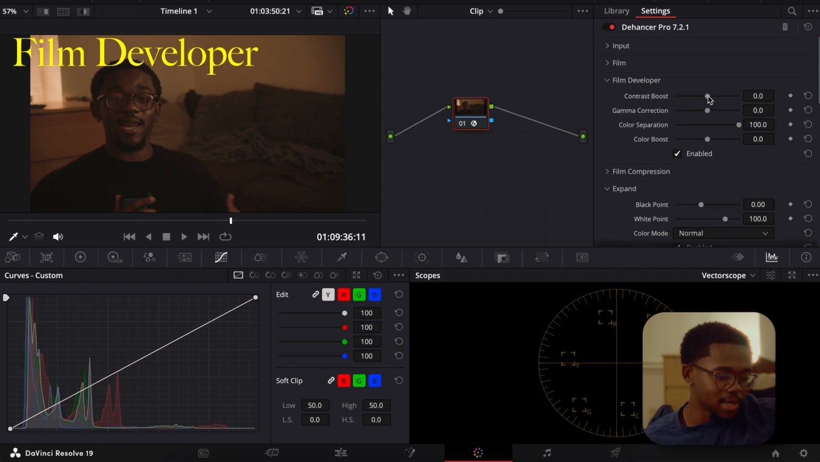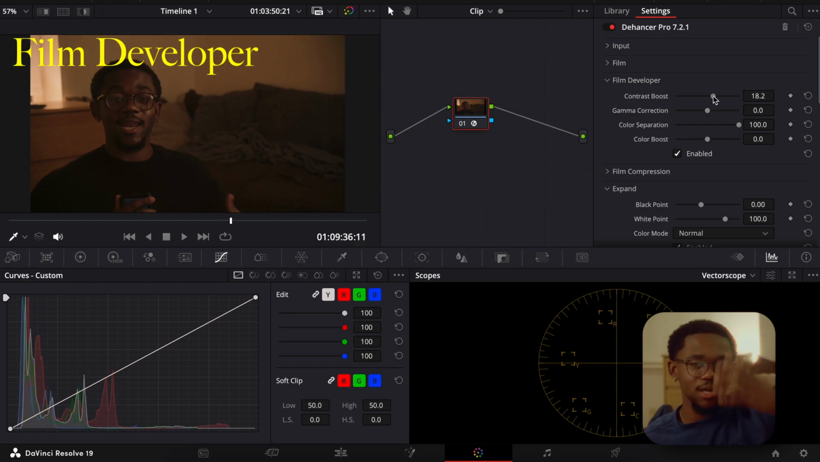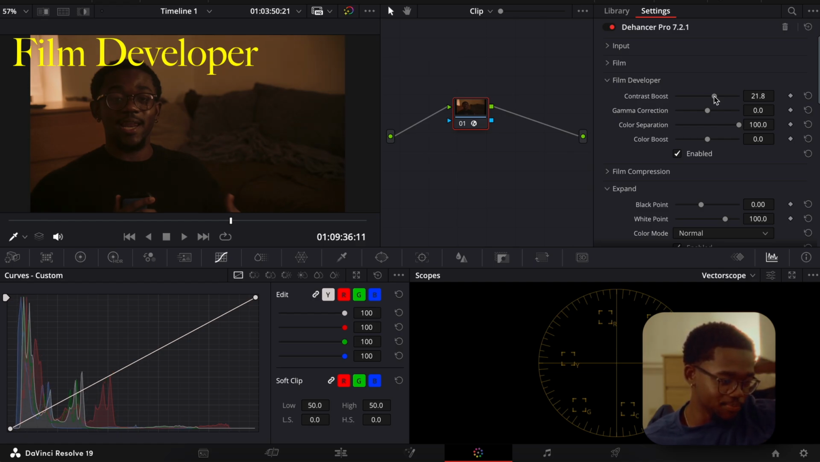So just to adjust my contrast a little bit, not too much, I just want to add some more shadows to the other side of my face. Personally, I love shadows, so I'm just going to use them. And as for the color boosts,